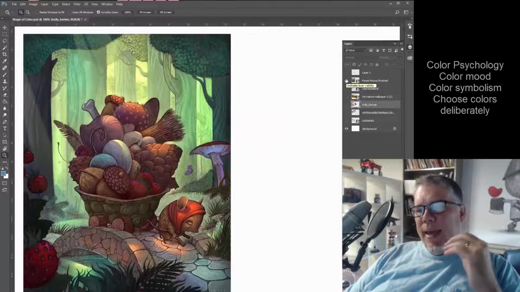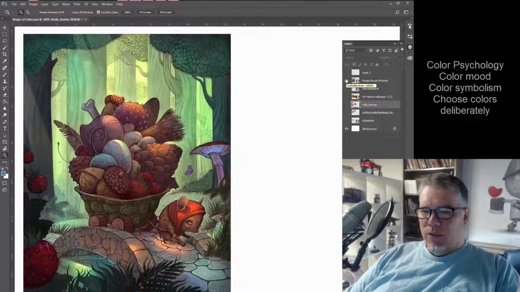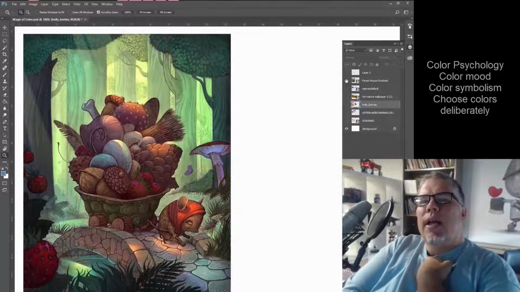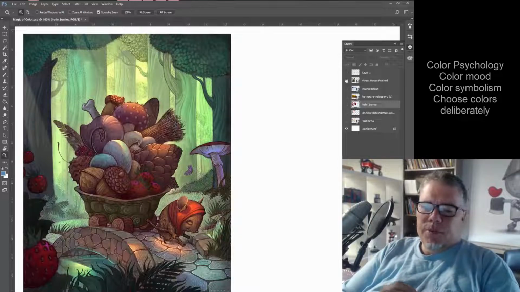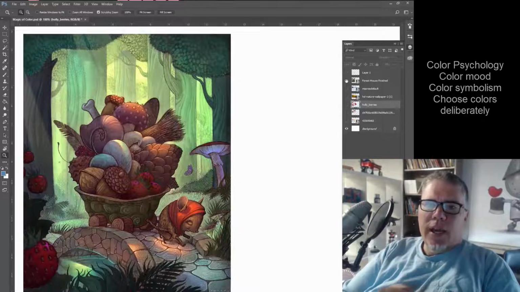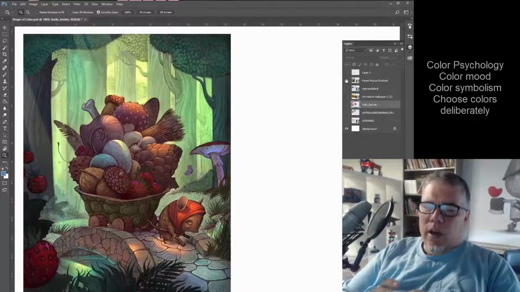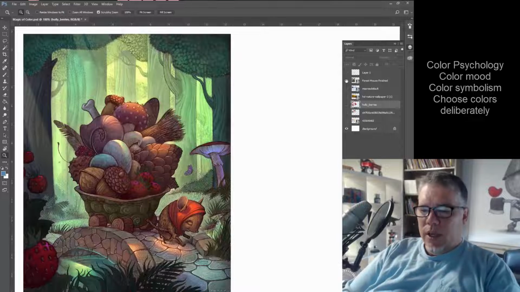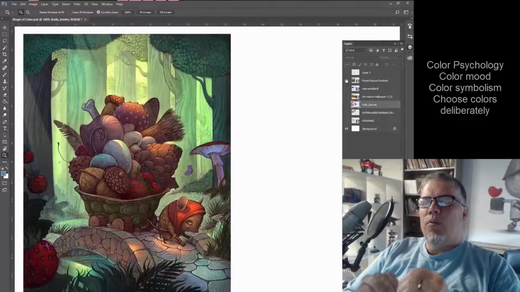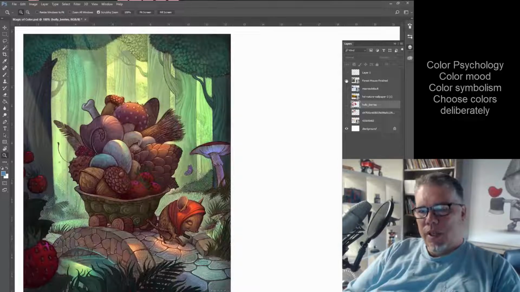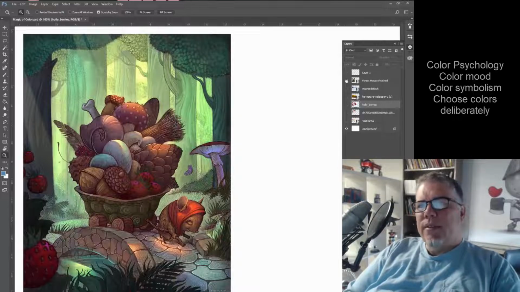And the last thing that I want to share on this one is a piece of my own work and the idea of using color for focal points. We talk a lot about color in focal points in our studio classes, specifically in our design classes and in our children's book classes and things like that. Color choices, where to put certain colors. If you can always remember that warm colors come forward and cool colors recede,